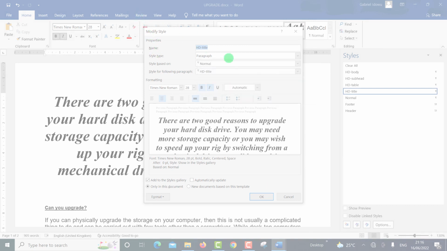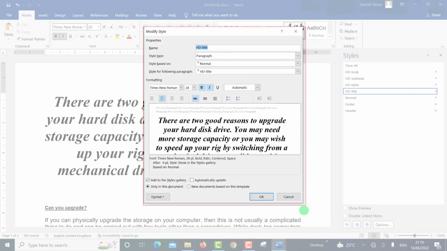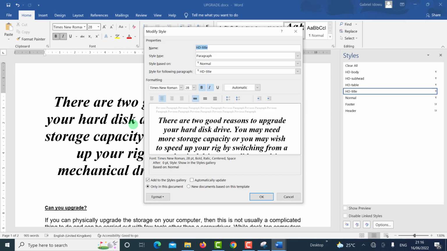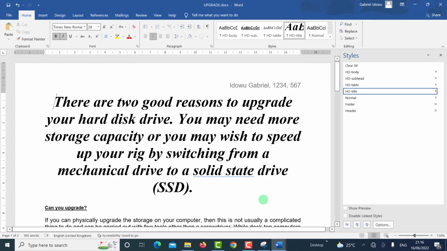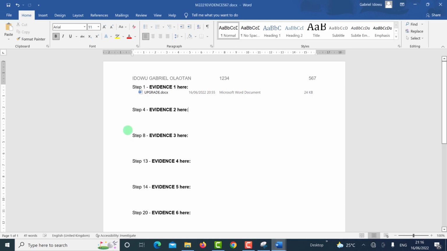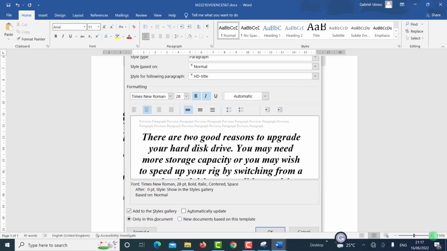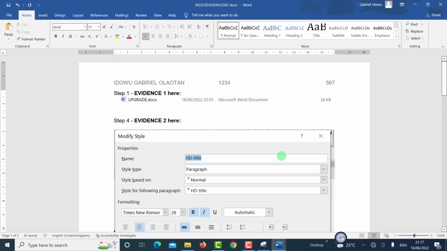So here we go. I just say go to the evidence document. Okay, evidence document. So I paste it here. That's the evidence according to the instruction. So I go back to the next instruction. The next instruction is